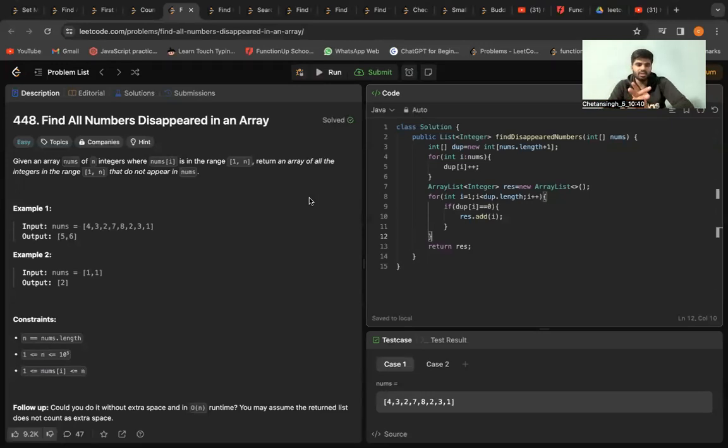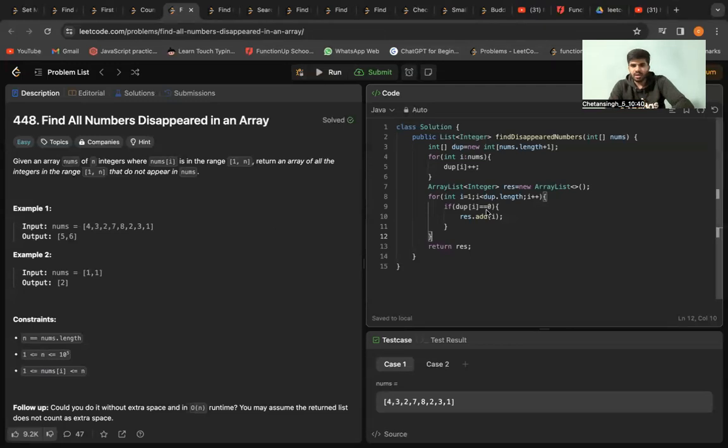So basically, in this question the nums array is present, inside which the elements are from the range 1 to n. We have to return an array of the elements that don't appear in nums.